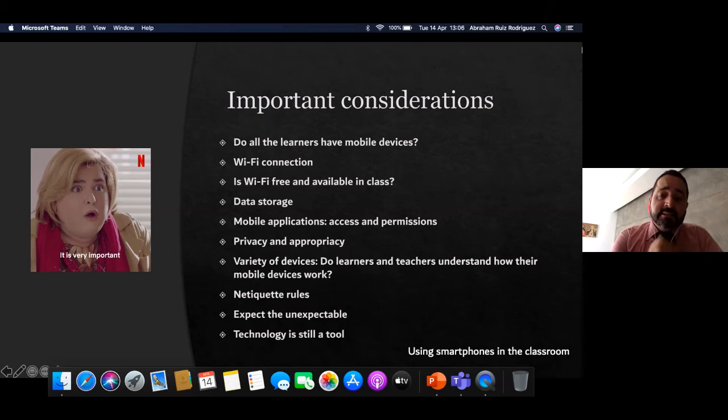Mobile applications, access and permissions, right? If you're going to use a mobile application, you have to consider the access that your students are going to have and the permissions, right? You will see that because I'm going to show you some apps that I use. Privacy and appropriacy, right?